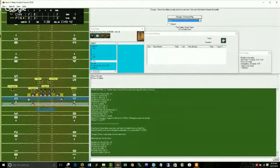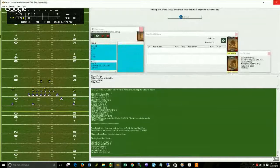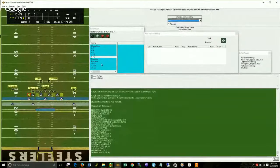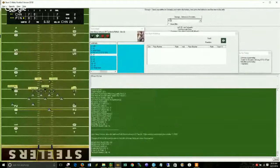Bears showing blitz, bringing 2 linebackers, long pass to Buddy Dial. There's a 46% chance of a sack. Fred Williams is the challenger, but there's no sack. It'll be a dump off, +13. So the Steelers have been aggressive. Despite the Bears showing blitz and bringing some pressure, they're sticking with their plan of riding